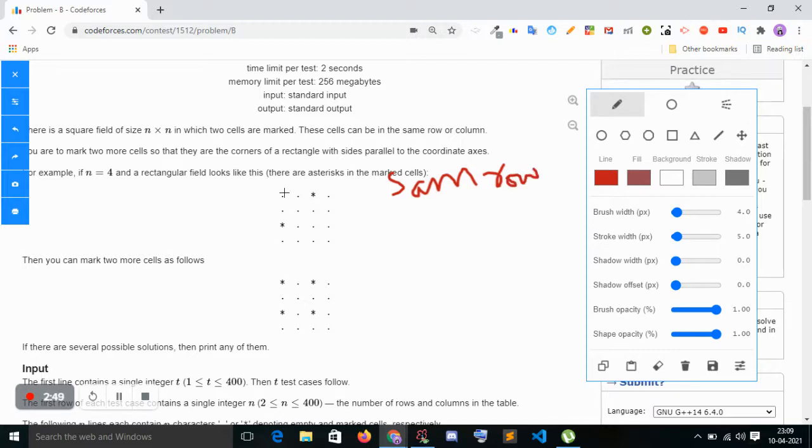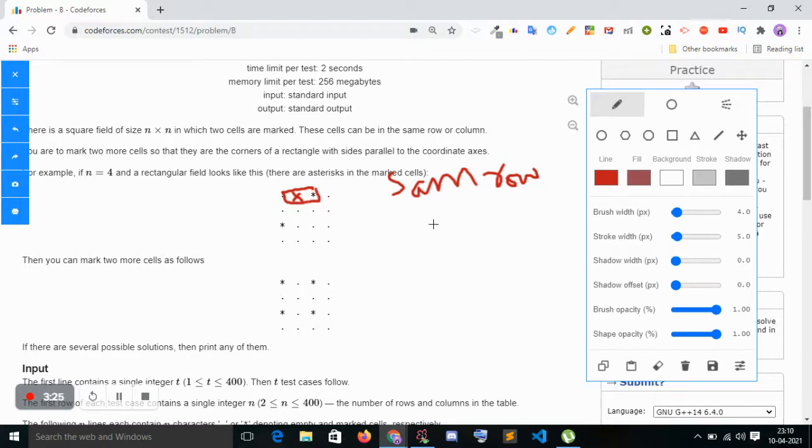Here, this is in the same row, so one answer can be here, or this can be another answer, because this makes a rectangle and the question says it is a rectangle, and another one can be a solution too, for the same row.